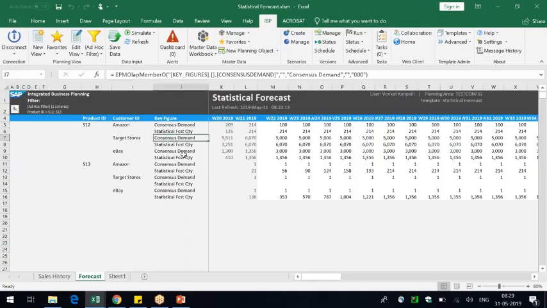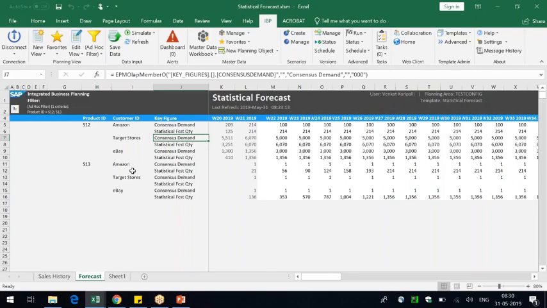Now let's create a local member key figure. A local member is just for the planner if he wants to do any ad hoc calculations. Creating a new key figure is a configuration change: you need to write the key figure calculation logic, and then the planning area gets disturbed and becomes inactive. That's why there is this facility of creating an ad hoc key figure.